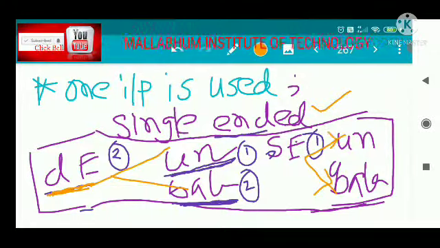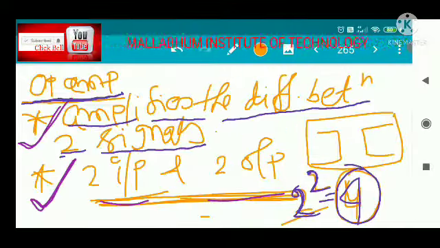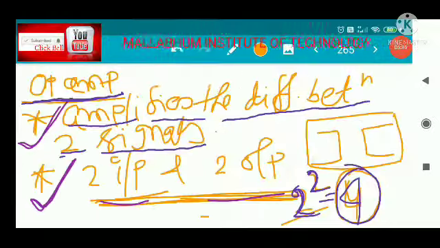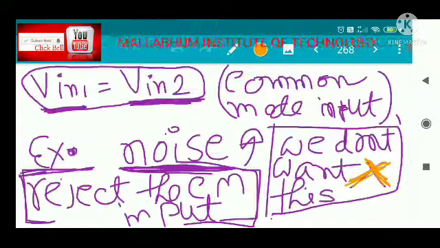These are the different configurations in which we can make a differential amplifier, and we can analyze the circuit in each individual configuration. But remember, we will only consider one kind of configuration and output signal, and based on that we will calculate the CMRR of the circuit, and the rest you will calculate on your own. So this is the differential amplifier introduction: how the input and output are connected, why biasing is used, what AC signal is being used, and what the different configurations are.